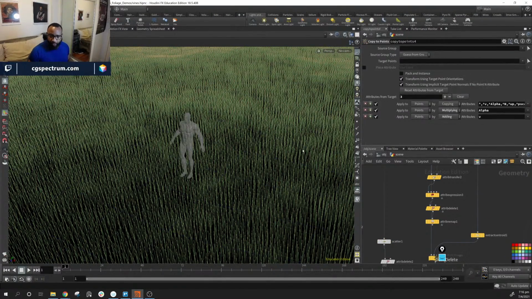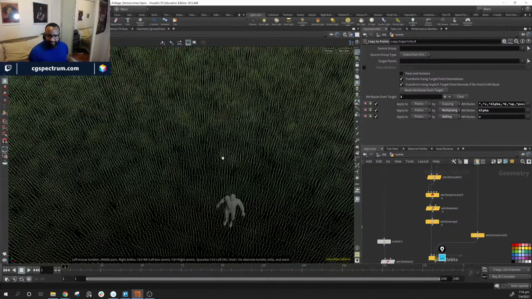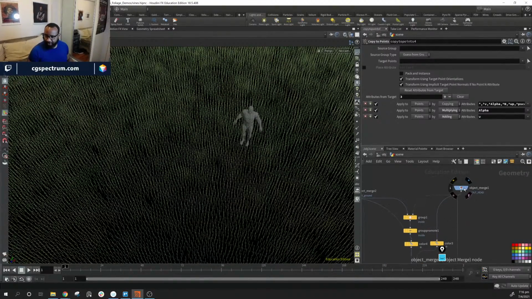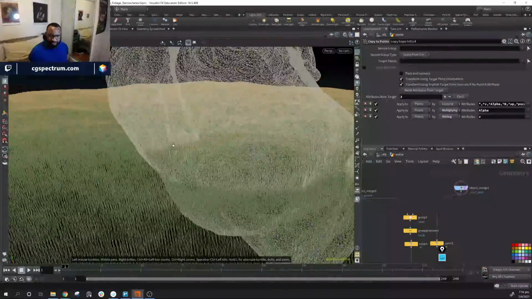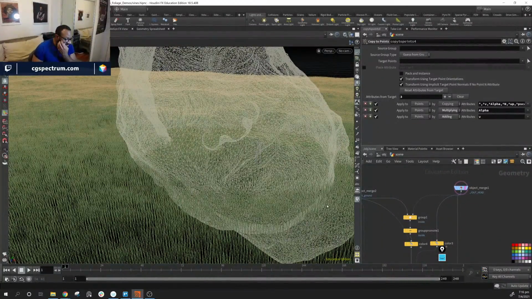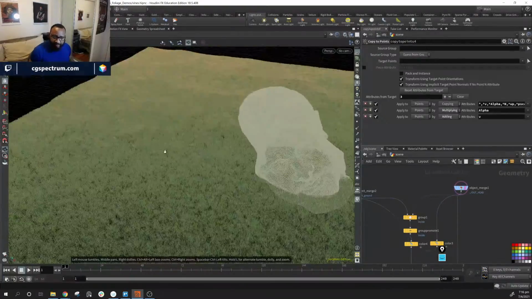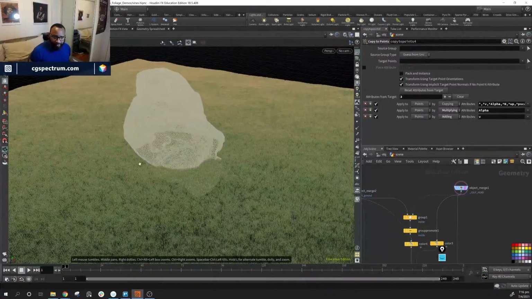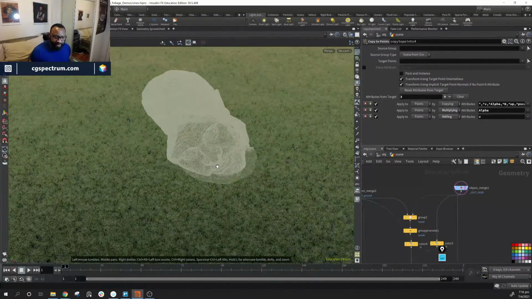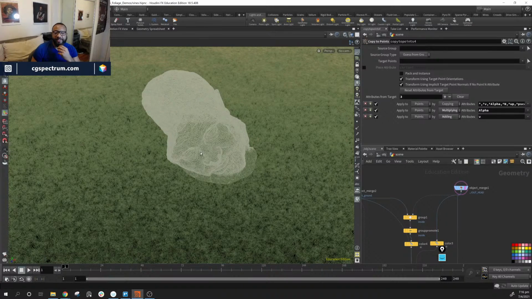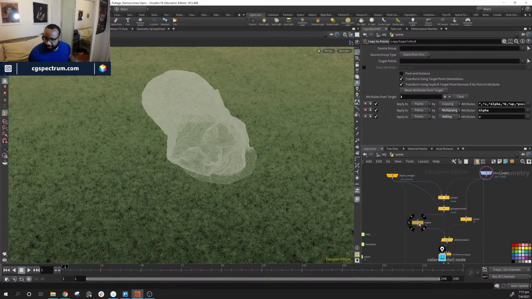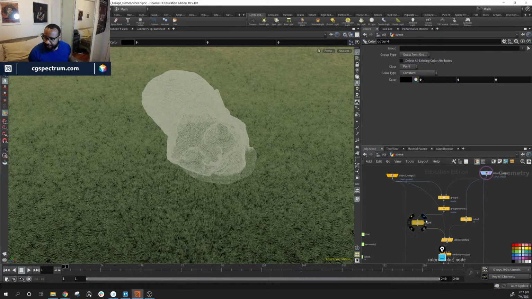So the first thing I want is to make sure that I don't have any grass growing inside of this guy. So I want that density value to be 0. I also want it to be a little bit more dense around this thing. I still want that. So I'm going to make 2 values. I'm going to do this in 2 passes. The first density pass is going to be just to chop out this piece. That's still going to be with an attribute, or sorry, that's going to be an attribute transfer. So my grass here,